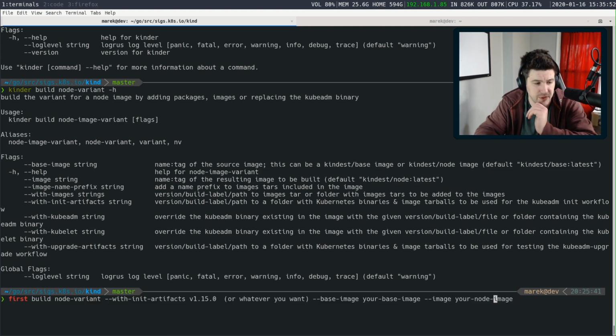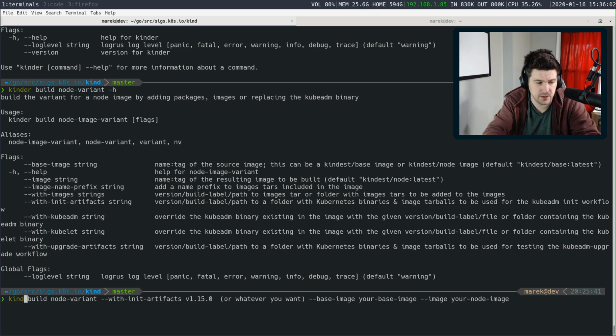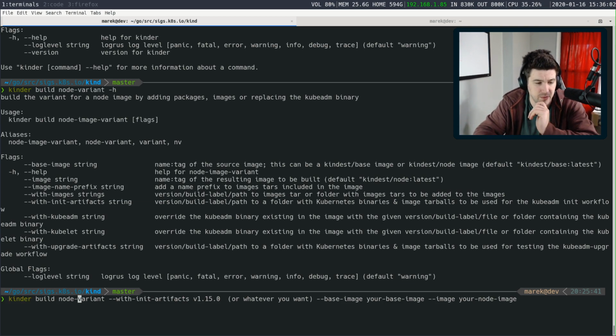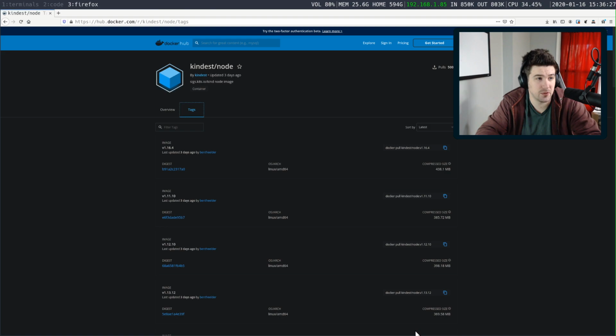He says to do this: first build node variant. Obviously this would be Kinder. Build node variant with init artifacts. So we want init artifacts of 1.17, with a base image. So our base image is going to be, let's go find one. We want a base image of